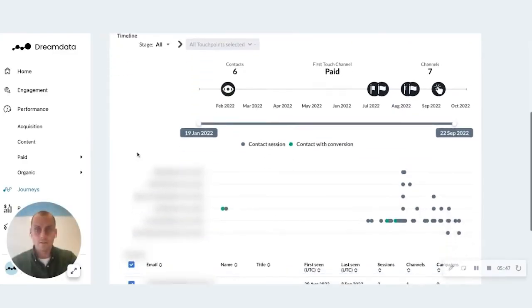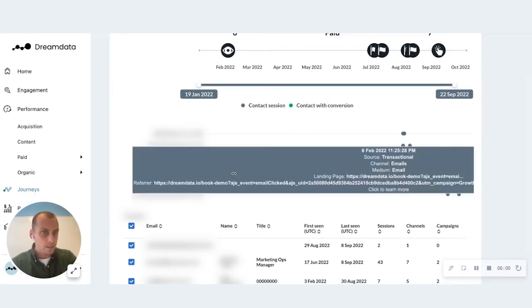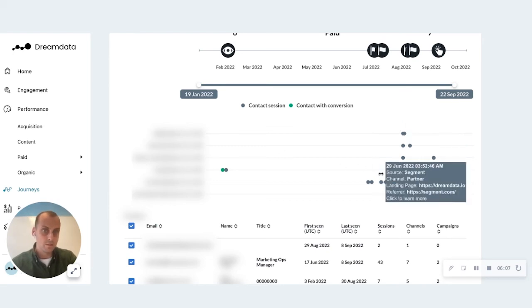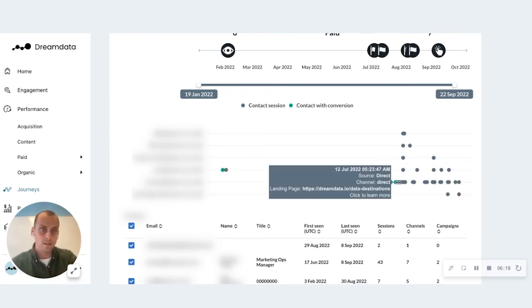So what you see here is that all these dots actually represent sessions. So I can click this session, see specifically that this one started with LinkedIn paid. Then they got an email. Then this person only came directly, which makes sense because his two colleagues have probably introduced him to it. Here, another colleague came from Capterra because they've probably been reviewing us, reading reviews. Can we trust these guys, etc. And then you can see every session here